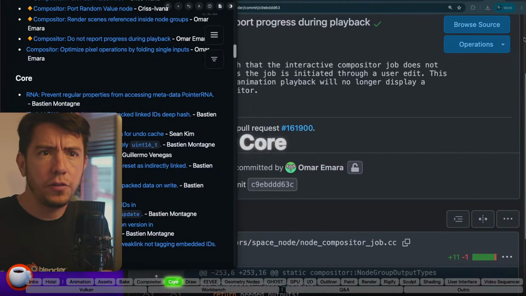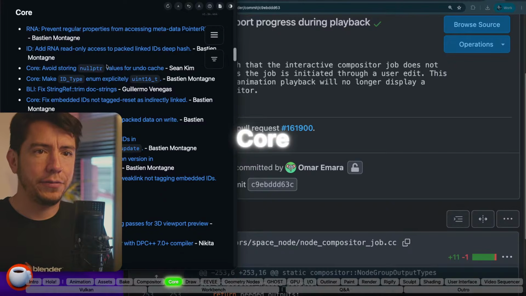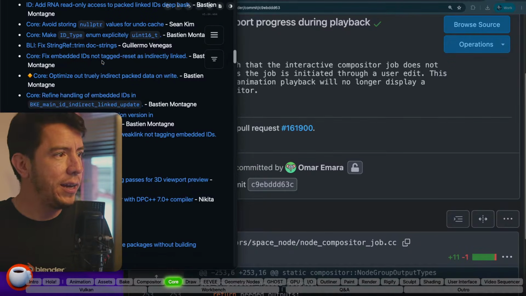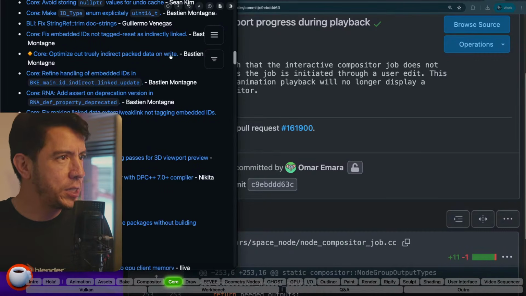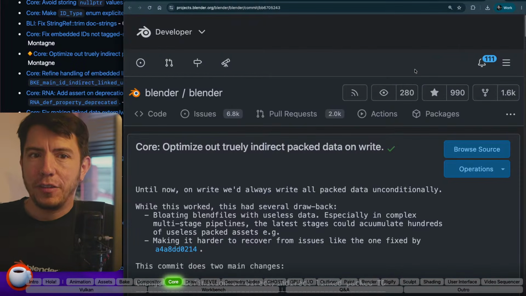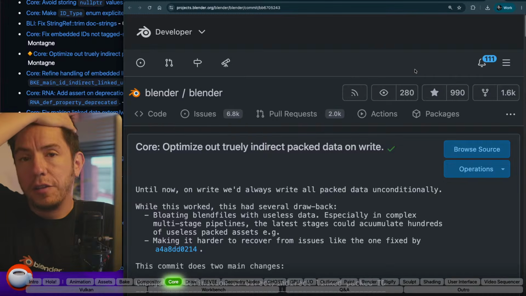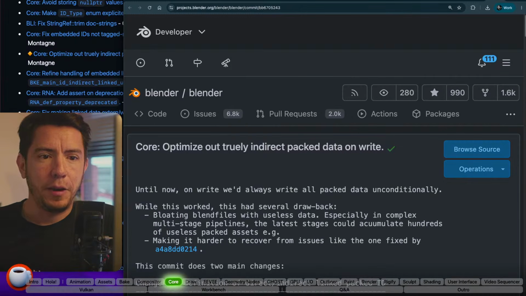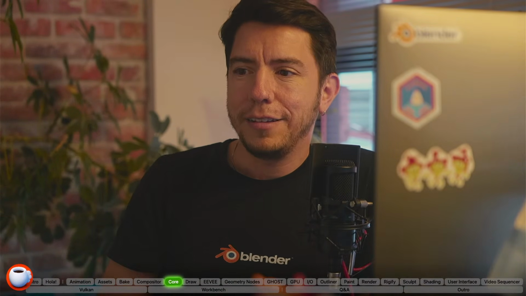Let's go to see it for core. Plenty of core changes. I just wanted to highlight one in particular because there was a comment the other day on the Blender reel, basically showing all the features in 5.2. And one comment was like, hey, imagine how far it would be if they didn't spend money on the Blender Studio. And you know, maybe it was rage bait, probably it was rage bait, and I shouldn't go there. But